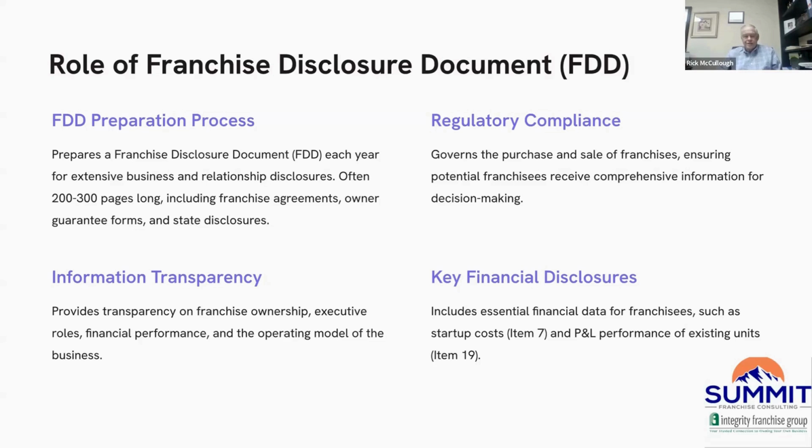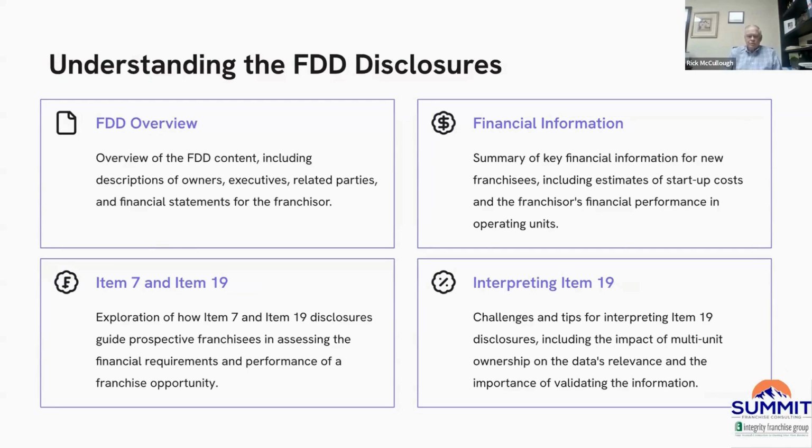The good news is those 23 items are an outline that will be available to you in every single franchise system. And so helping you understand the terminology and the language around that will help you look at this from an investor perspective. On this next slide, you can see that what you have in there is something called an item 7 and an item 19. Item 7 is the franchisor's best estimate of what it's going to cost you to start the